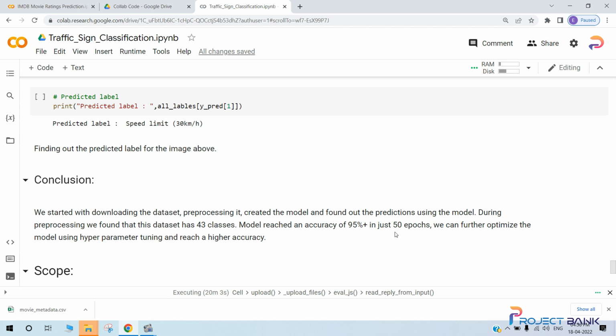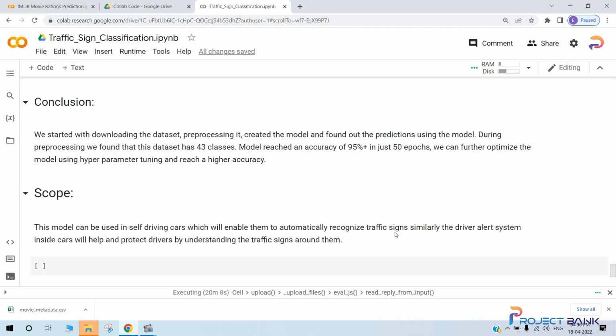The scope of this project is that this model can be used in self-driving cars, which will enable them to automatically recognize traffic signs. Similarly, it can be used in a driver alert system, which alerts the driver inside the car and helps protect them by understanding the traffic signs. So this is all about the